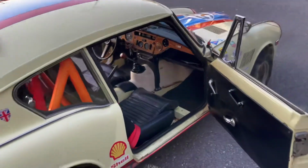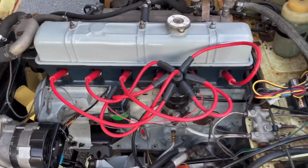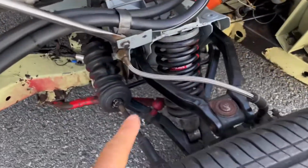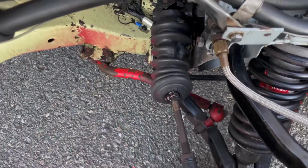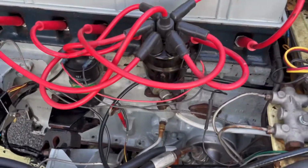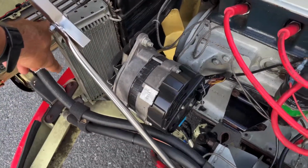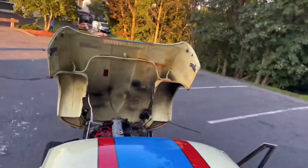And let me show the engine right now to you guys. As you might know, the GT6 is a straight 6-cylinder. And the beauty of having a kind of race car is that you get some upgrades. You get high performance shocks, and you also get a stronger sway bar. This car basically doesn't leak oil at all. It works fine. Here's one side of the engine, a higher intake water cooler, and